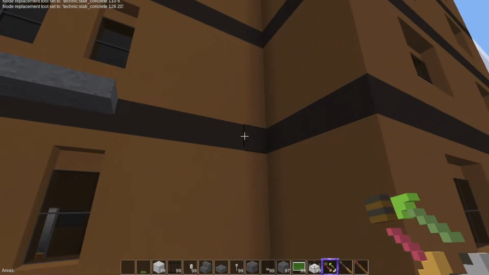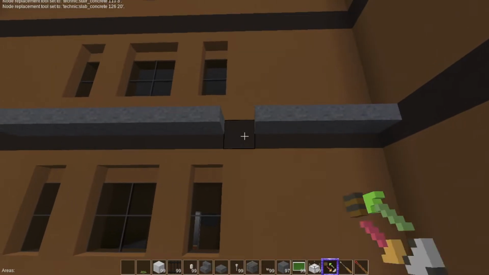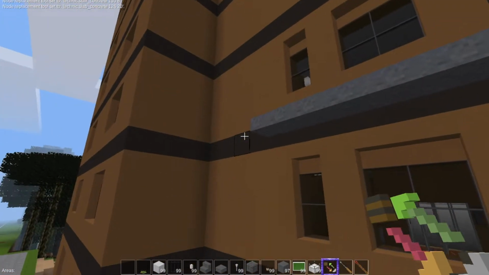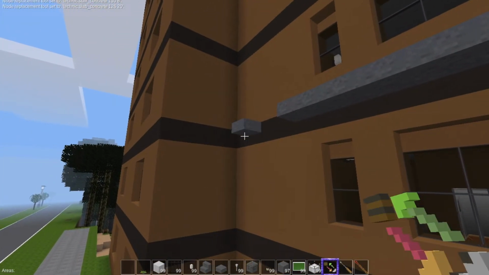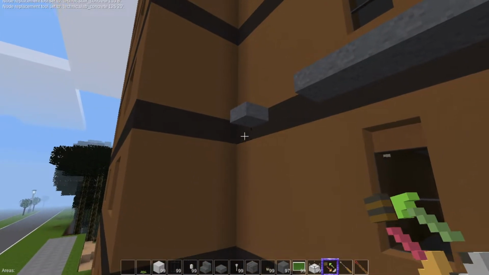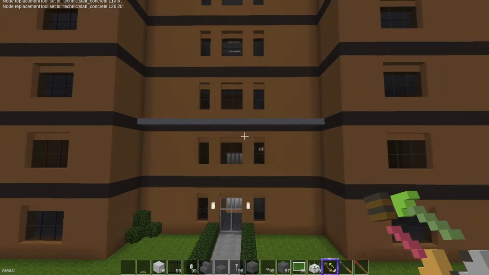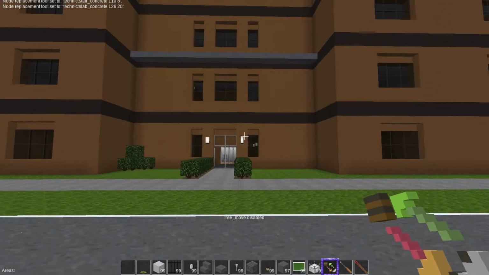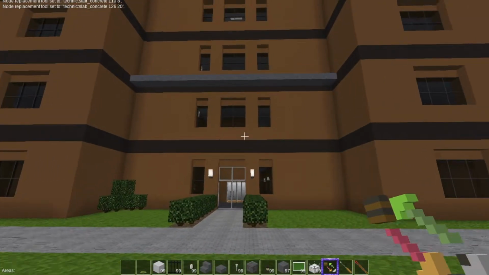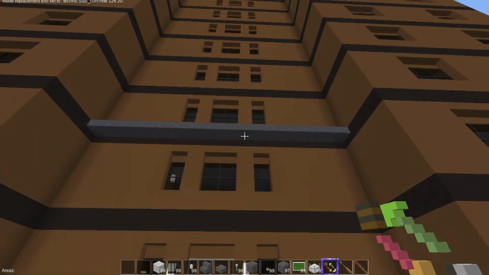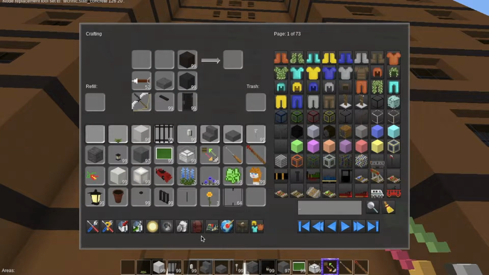Let's see just how this is going to look. Because it just needs something to set it off, just to give it a hint of color. That's not bad. However,